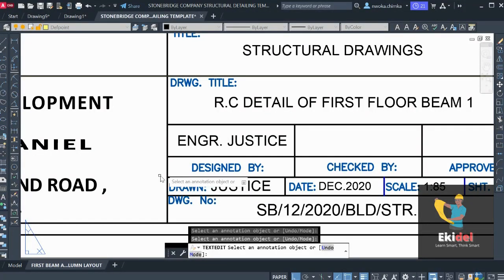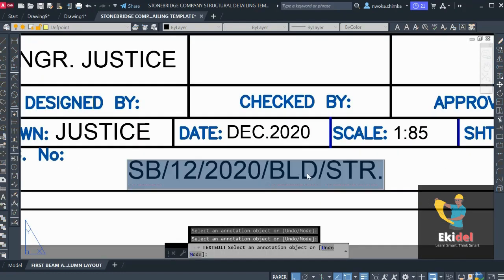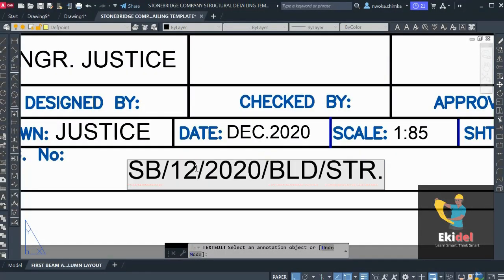I see it right now, and then click empty space. And then you can change this place right now to your own company logo. This SB means Stonebridge, the date, the month, and the year. So this month is the month of July. So month of July, so I'll just put here 07, and then put here